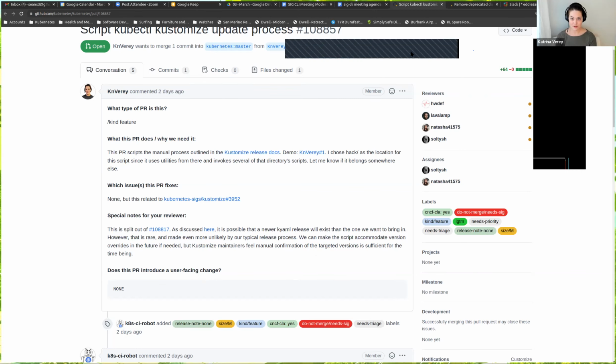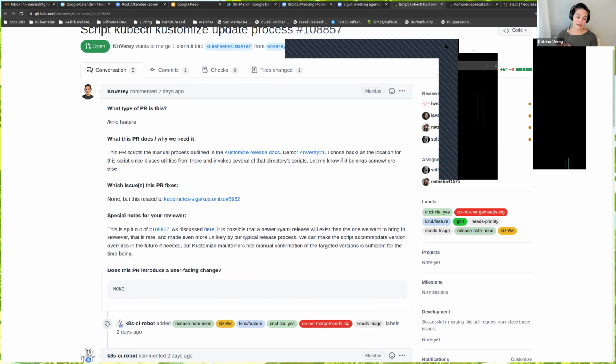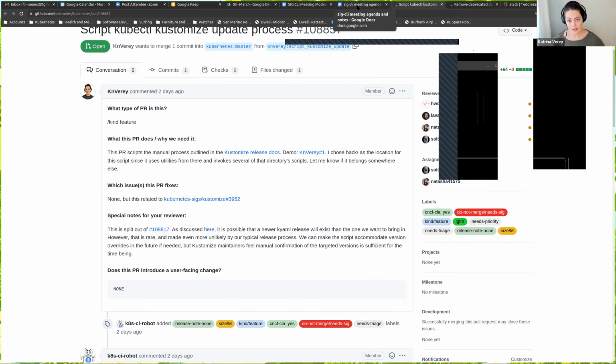Pretty simple stuff. I am basing my second PR on top of that, because if we already have that, then I can also add a verification of the version feature: that the kubectl kustomize version command outputs the expected thing after we do a version update, just as a little sanity check at the end of the script. So that's why they're based off each other. But the main PR is